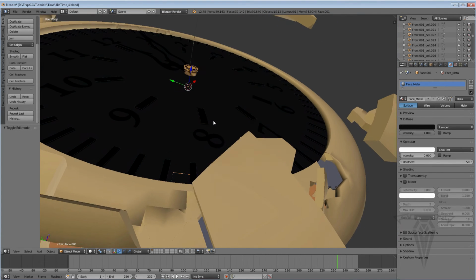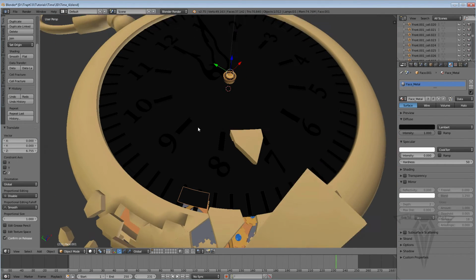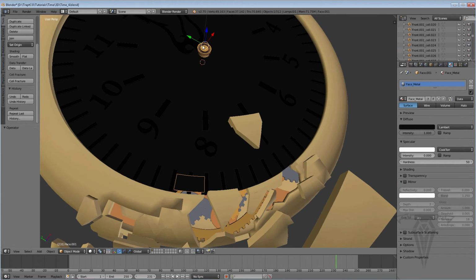And now I can grab each one of these. Their center points are going to be way out here in the center. So this piece right here, the origin's way over here. I don't want it over there. I want it with the piece. So to change that, the shortcut key is